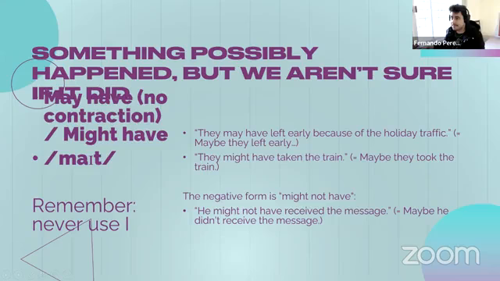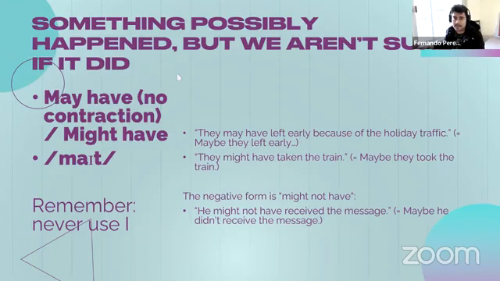So this one over here has the same context. Look at this. Something possibly happened in the past. We are not sure if it happened or not, but we know because of the logic. There is something in the logic that tells us that it happened. Example, they may have left. They may have left early